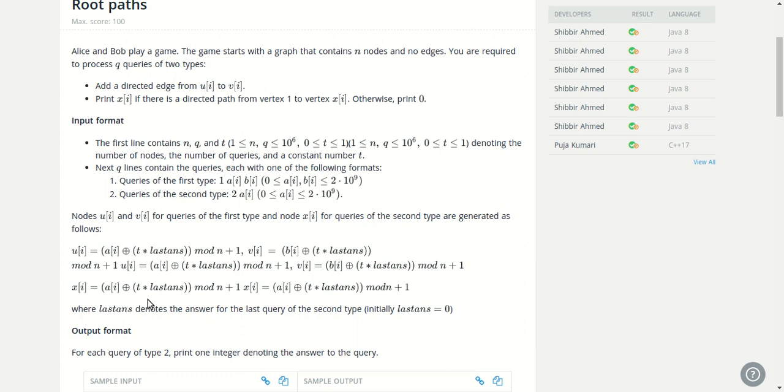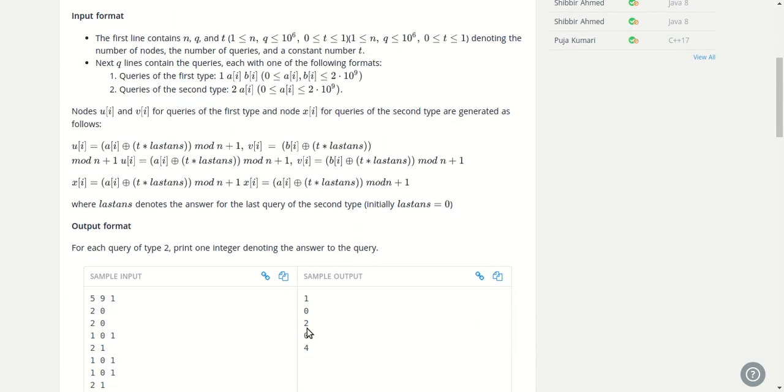And xi we calculate as ai xor t times last answer, mod n plus 1. That's how we calculate xi. xi is for the type 2 query, and ui and vi are for the type 1 query.